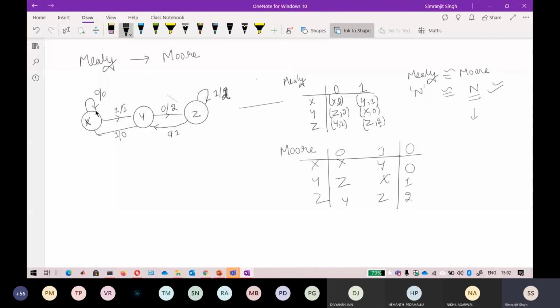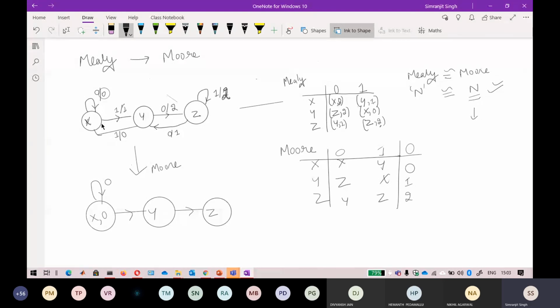Now if you want to directly convert from the transition diagram, I just write it. This is your Mealy machine, and you have to convert it into a Moore machine. So directly convert your diagram. Again, the keyword here is the same, two words. Just write the states here. Now what can I do? Just see. When this 0 is coming towards this X, take that output 0 and place it inside. So just write a 0 and place it inside. That is how you got it.